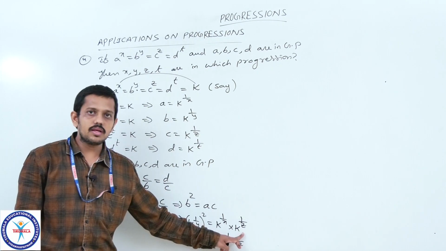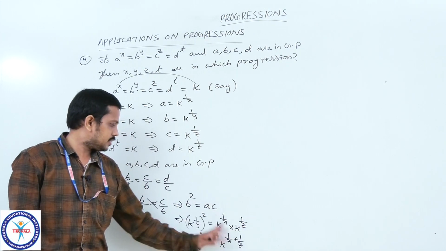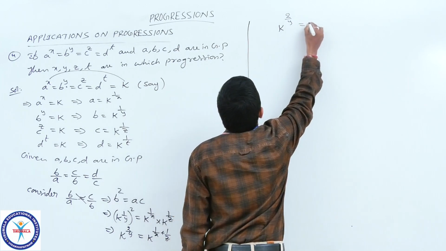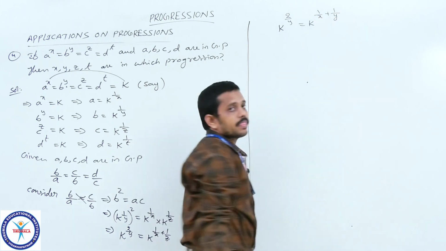Here bases are equal, so we can add powers. So we have k^(2/y) = k^(1/x + 1/z),